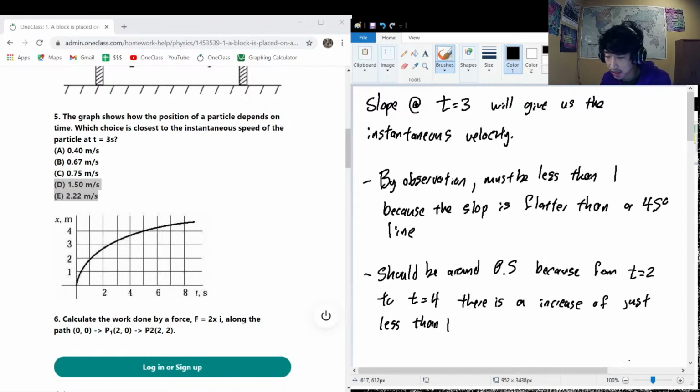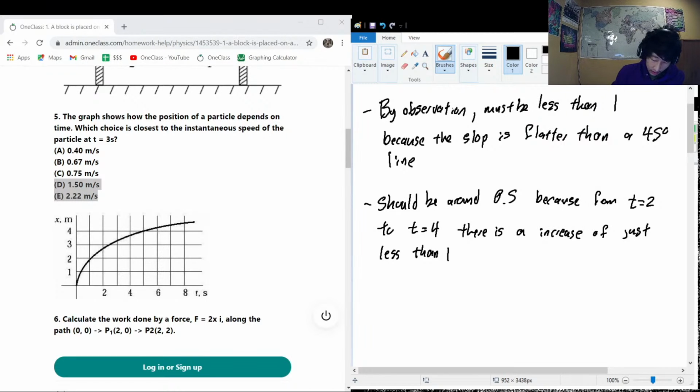And I know that it's just less than 1 because at t equals 2, it seems closer to the line above it than it does at t equals 4. Okay, which means that since it's just less than 1, it must be less than